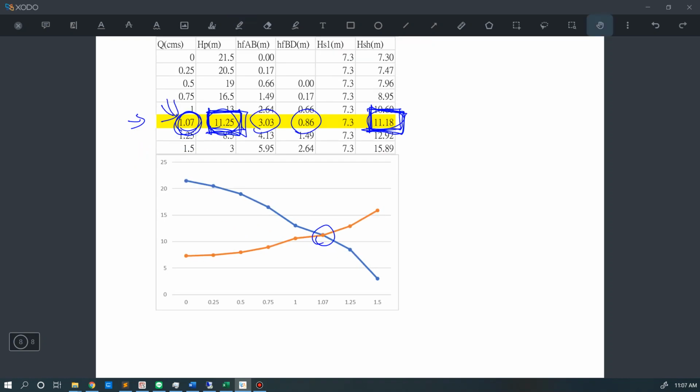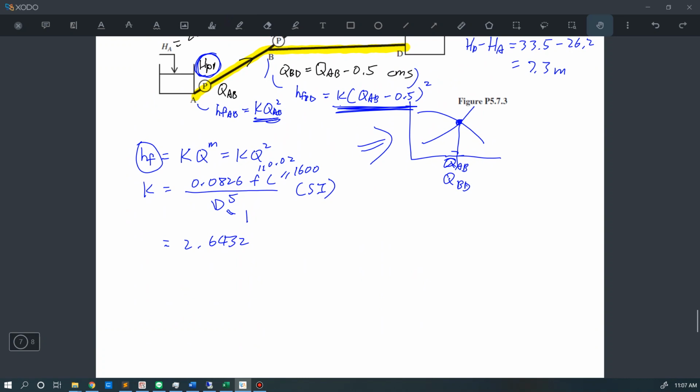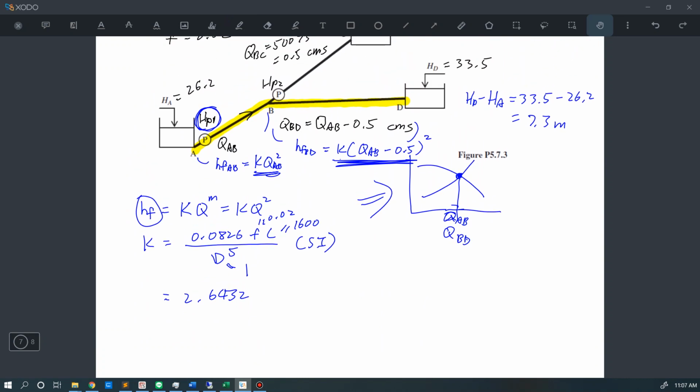And for this problem, from my own experiment, I choose the flow rate equal to 1.07 because there is still a small difference, but it's close enough. So I will choose the QAB equal to 1.07 cms. Okay, so we got this QAB. Let me change to a different color. This QAB now is equal to 1.07 cms,